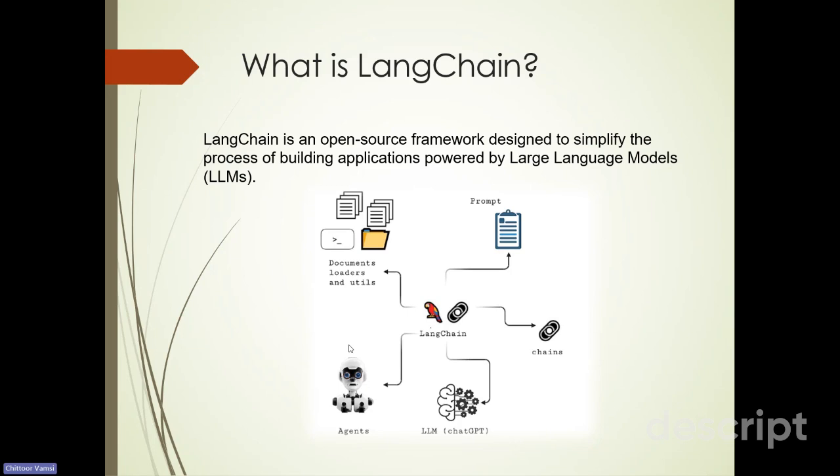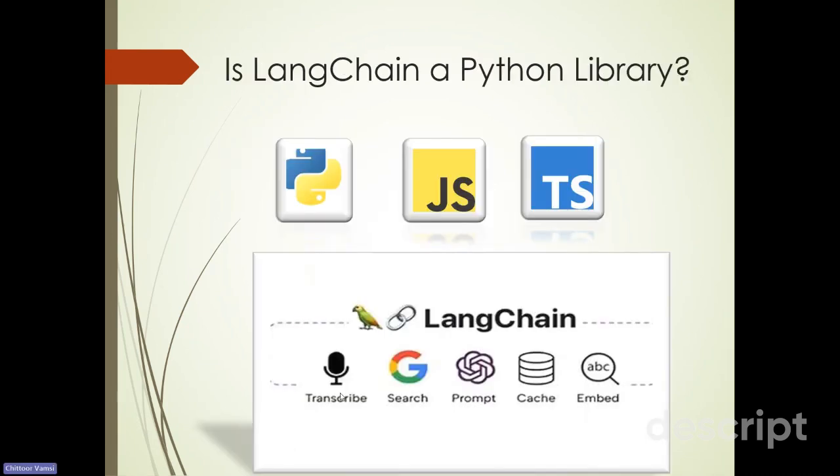Based on the problem statement you're trying to solve, the agent itself tries to pick the set of technologies or tools that it has access to and tries to solve that problem. It has more freedom to solve problems compared to chains. Chains are a fixed set of instructions, output 1, output 2, output 3, and it's the same every time. Agents have more flexibility.